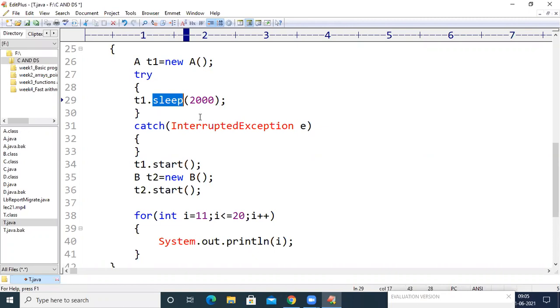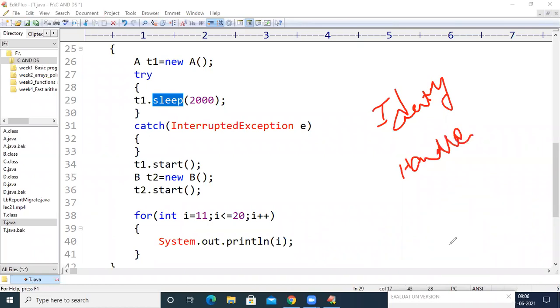So how can we handle such an exception? In order to handle an exception, first we need to identify that exception, and after identification, we need to handle it. What do you mean by identification?